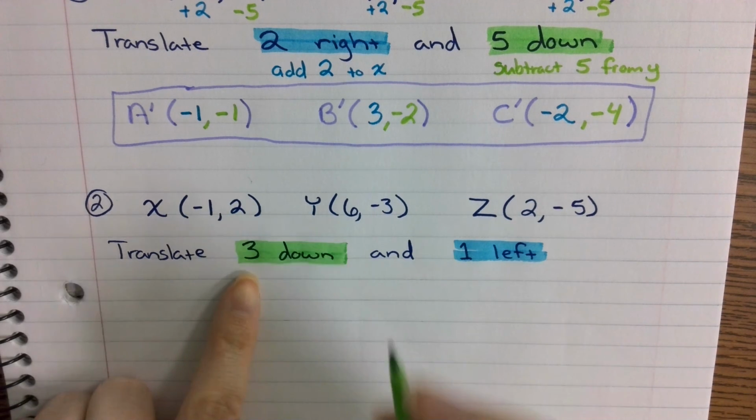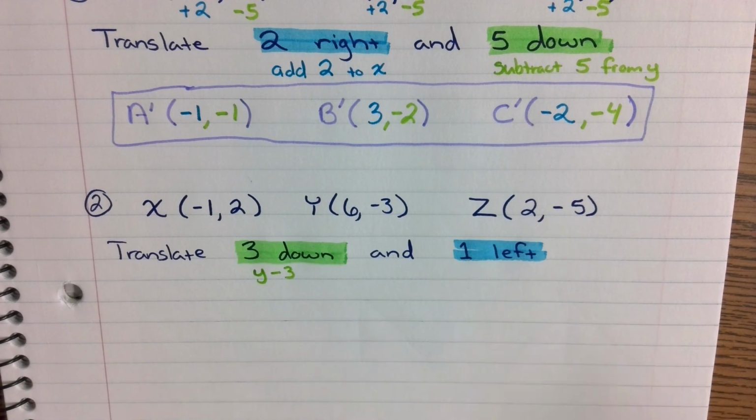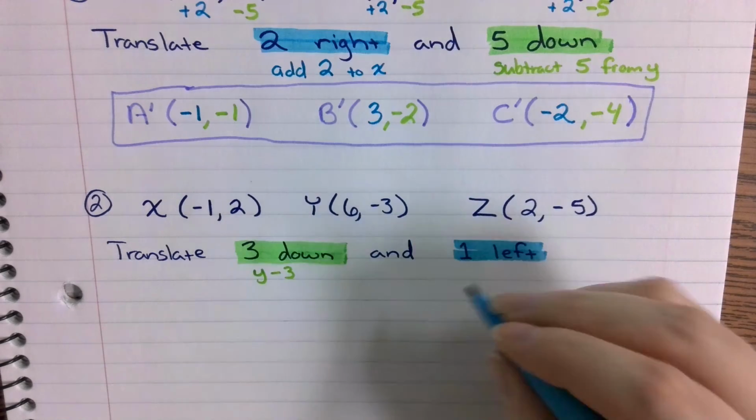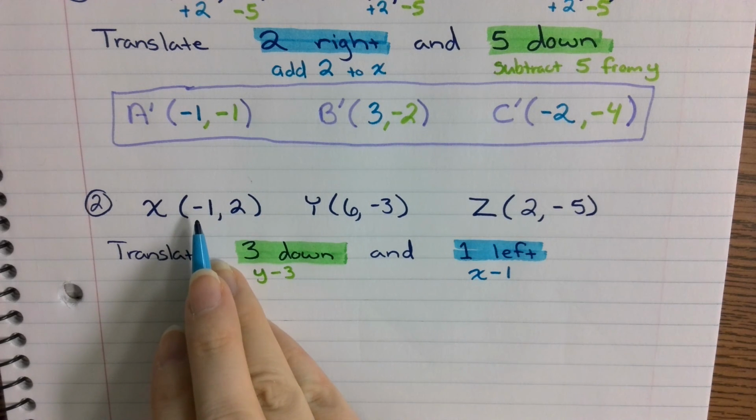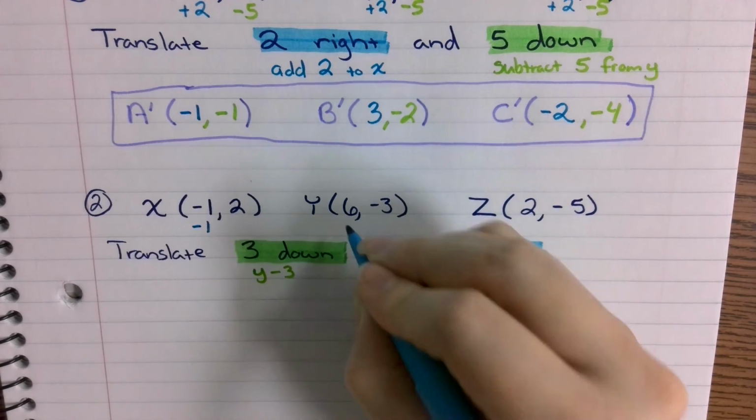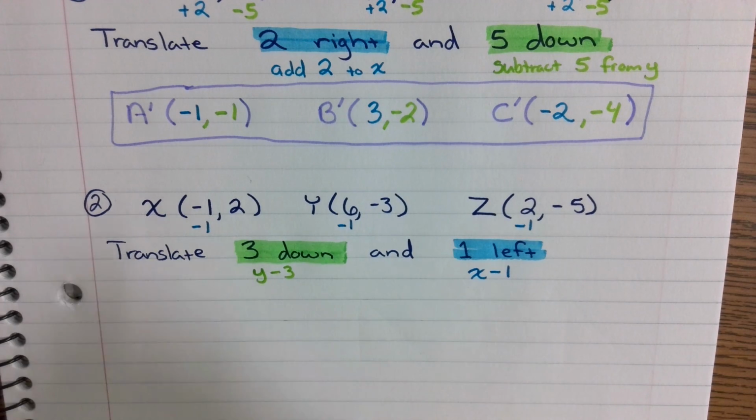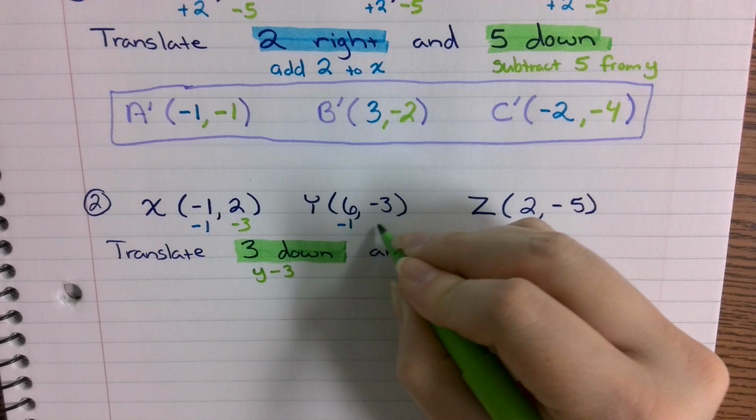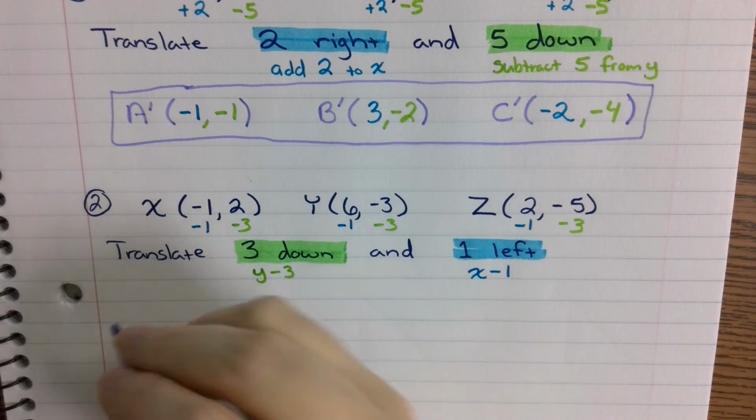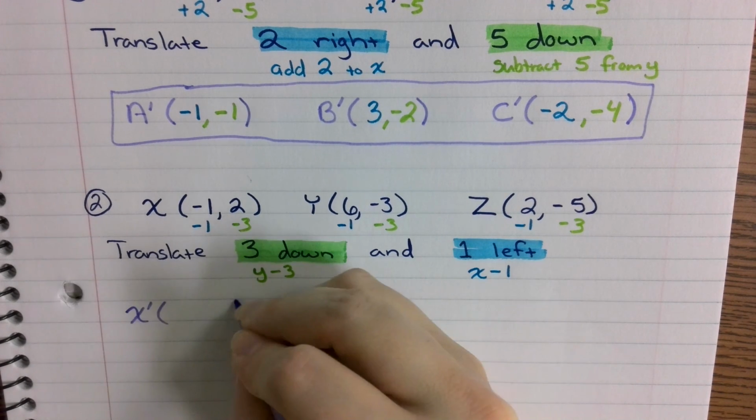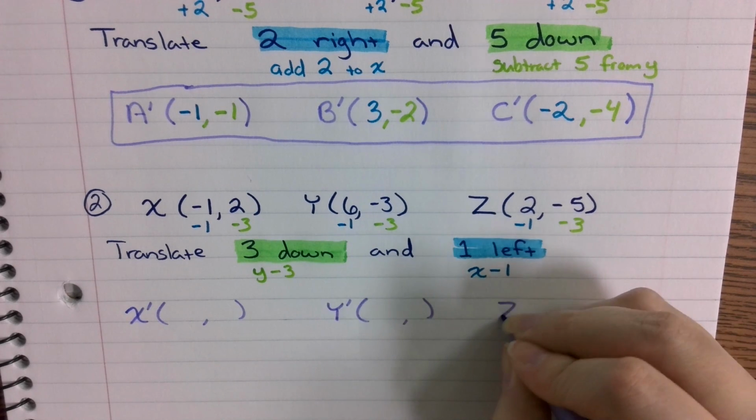3 units down means you're going to take your y value and subtract 3. 1 unit left means you're going to take your x value and subtract 1. So from each of my x's, I'm going to put minus 1, minus 1, minus 1. Each of my y values, I'm going to put minus 3, and minus 3. So then when I'm talking about my x prime, my y prime, and my z prime,